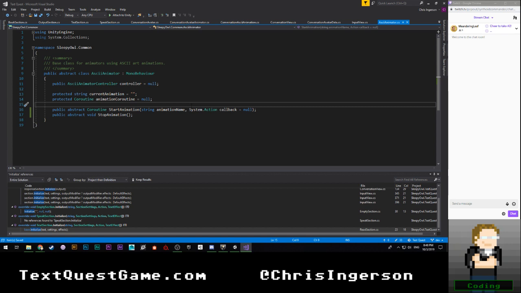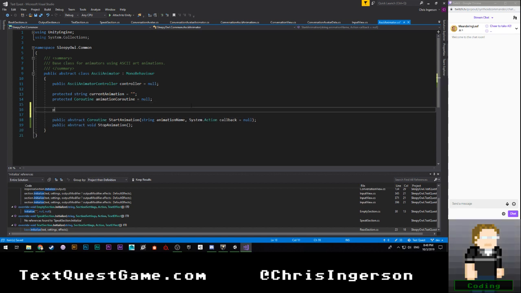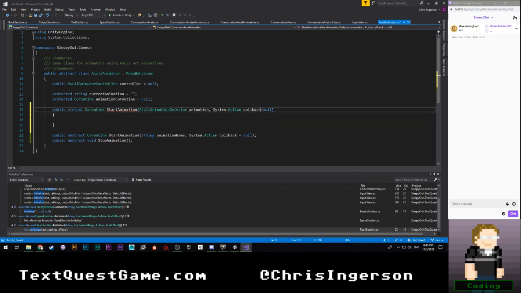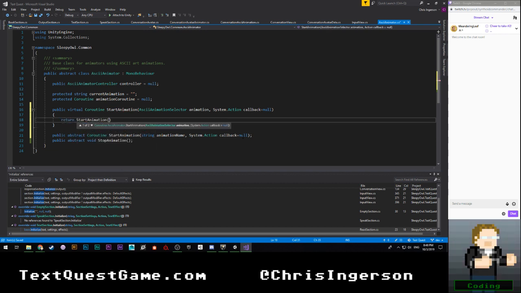Come down here, and we're just gonna have a public virtual coroutine start animation, ASCII animation selector animation, System.Action callback is equal to null. And this is going to return start animation callback, just so that that's a little bit easier for me to do in the future.